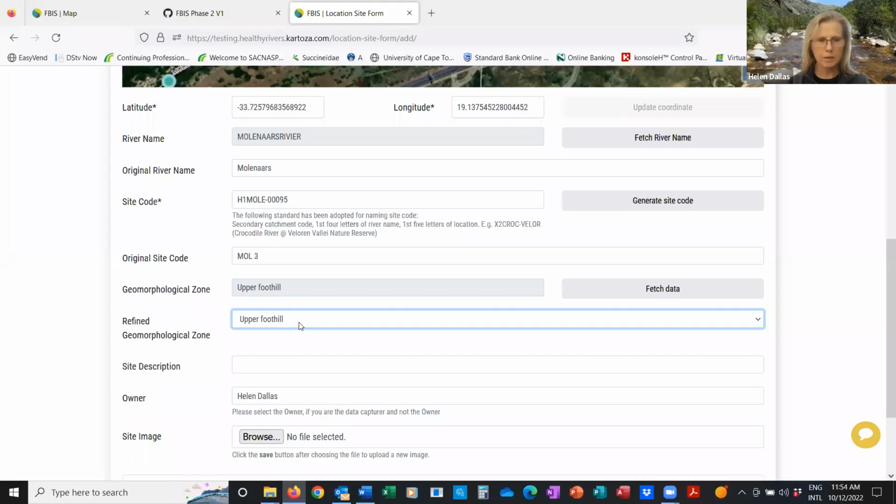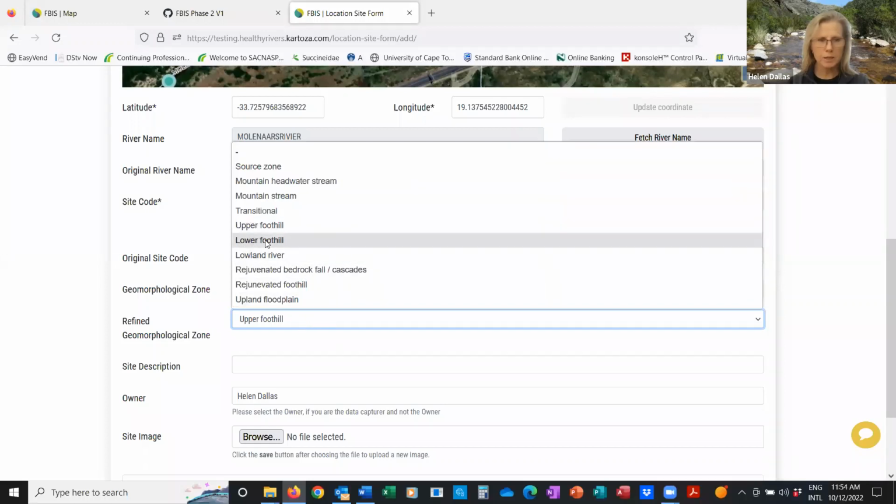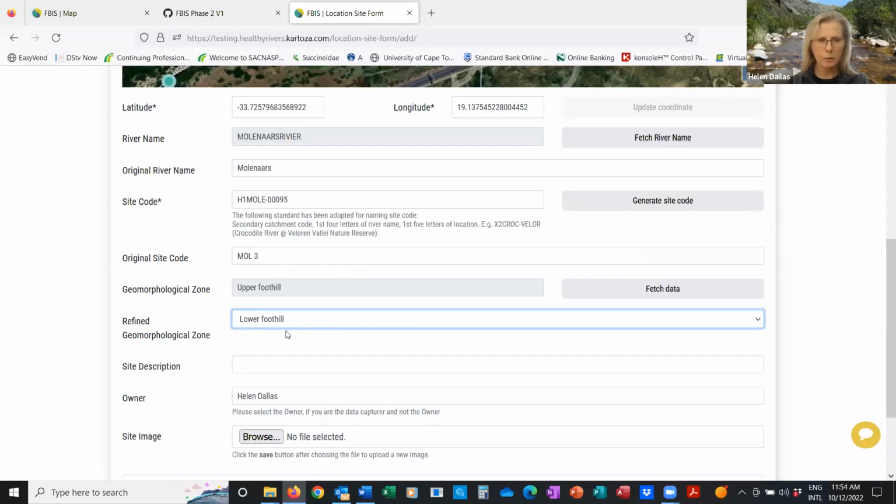So I'm quite happy to accept upper foothill. But if in fact I had validated it as a lower foothill, I would include this as the refined geomorphological zone. Now, this is really important when you want to generate ecological categories for interpreting SAS data, because you will recall that the ecological category is essentially the ecoregion level 1 combined with a sort of clumped versions of